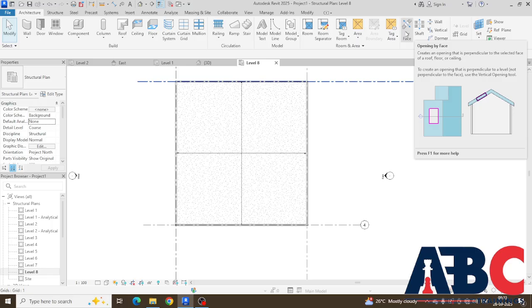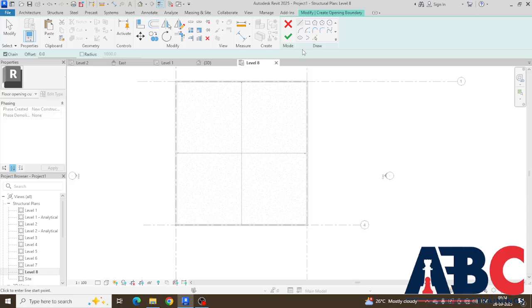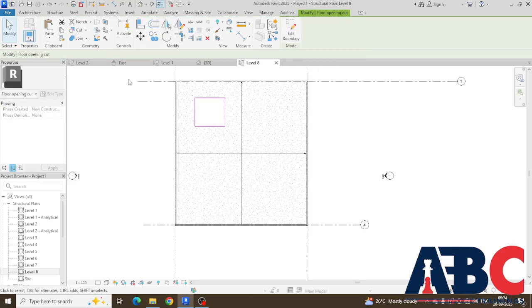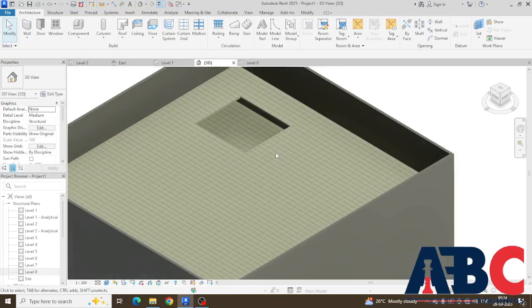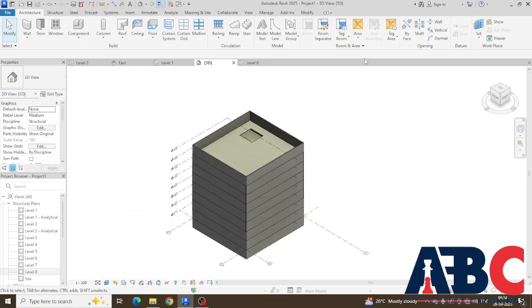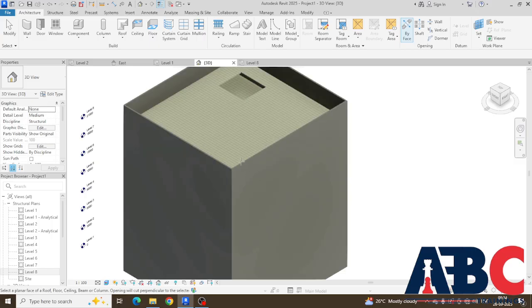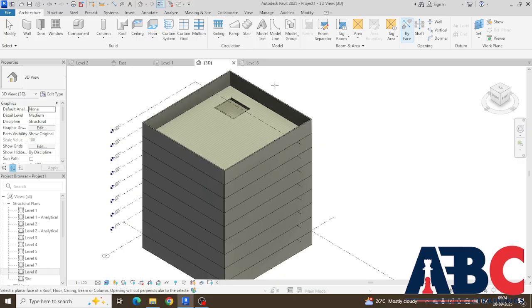Suppose the biface opening is perpendicular to the face, meaning at whichever face we have selected, at that face the opening is made. Suppose I have selected this face and now I want to draw the opening. Suppose at that level you can see the openings are made here. Okay, so this is done by biface. If you want to do this on that face, select biface,